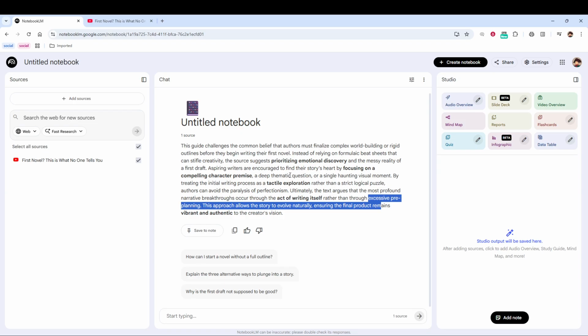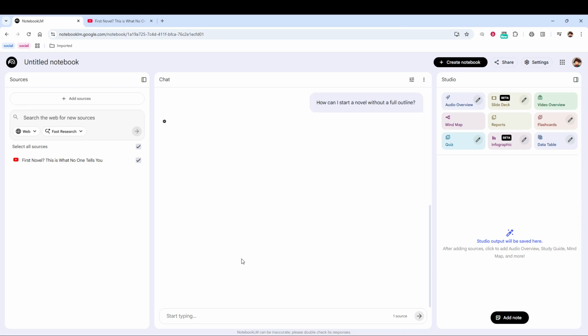With sources loaded, move to the chat panel in the center and type a question. NotebookLM will analyze what you provided and respond with an answer that includes clickable citations. Those citations matter because they let you jump back to the exact source passage where a detail came from. This is especially useful when you are checking continuity, verifying character traits, or confirming a plot point you wrote down